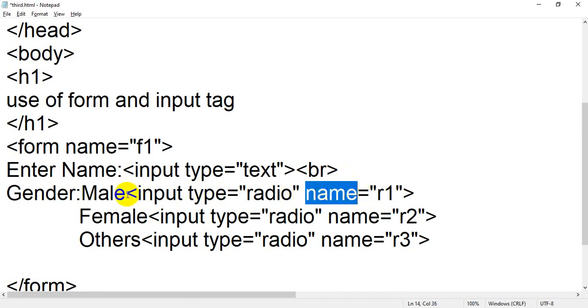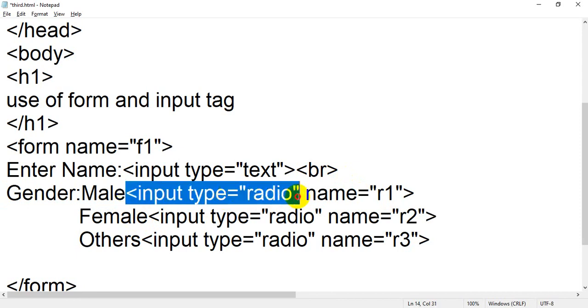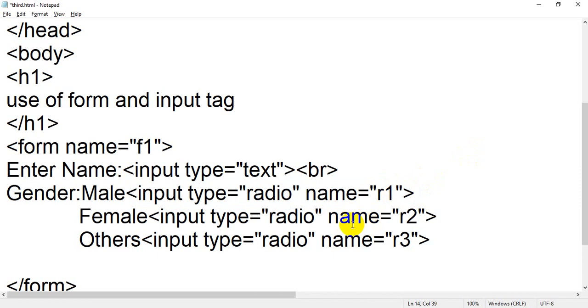Okay, this is my radio button. Please don't be confused. It's technically very good for learning, because the name attribute is very important. If you are going to select an option button, you have to take name. So I have selected R1 for the first radio button, and name equal to R2. What is name? Name is an attribute, like type is an attribute of the input tag. In the same way, name is an attribute of the input tag. What is R2? R2 is a value. You can assign any value to the name attribute. In the same way, R3 is a value.